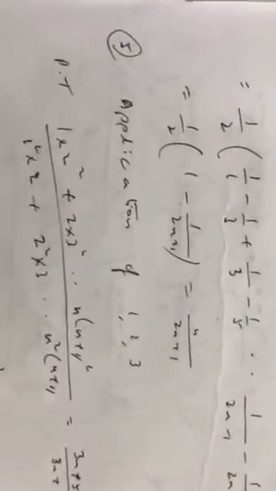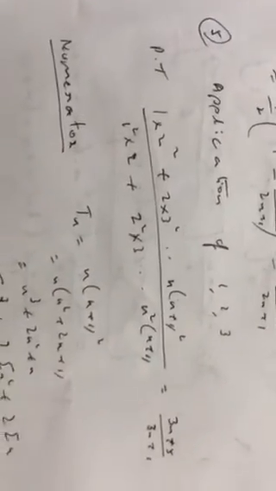In the next step you will find that you can write every fraction as the subtraction of two fractions. For example, this is 1 by 1 minus 1 by 3. This is 1 by 3 minus 1 by 5. And the last one will be 1 by (2n minus 1) minus 1 by (2n plus 1). So you will find that all the terms will cancel alternately except the first and the last. So you will get half into (1 minus 1 by (2n plus 1)), which is giving n by (2n plus 1). So this is the method known as telescopic method.